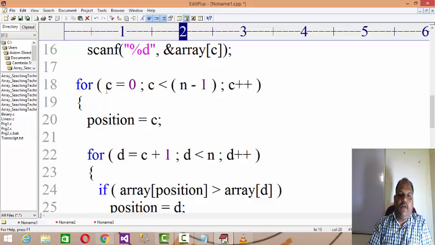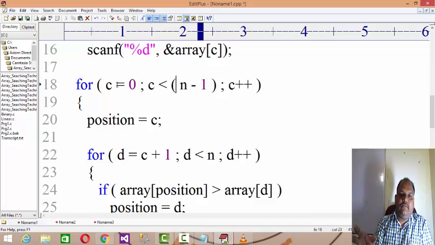After reading the data, for c equals 0, c less than n minus 1, c plus plus. c is less than n minus 1 because you start with 0, and the last element will already be in place.